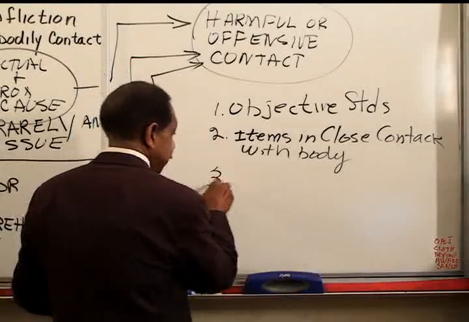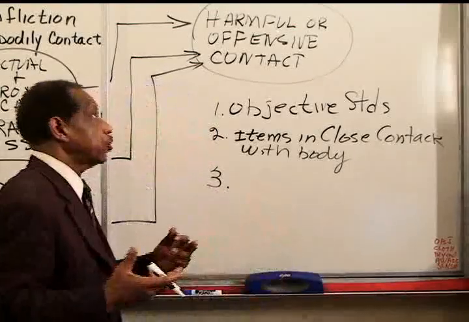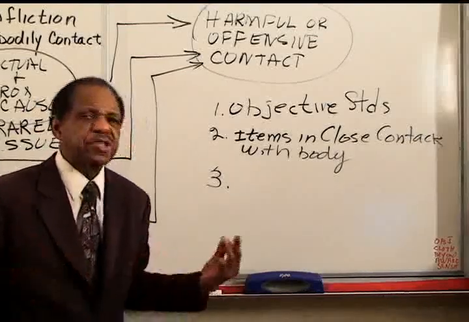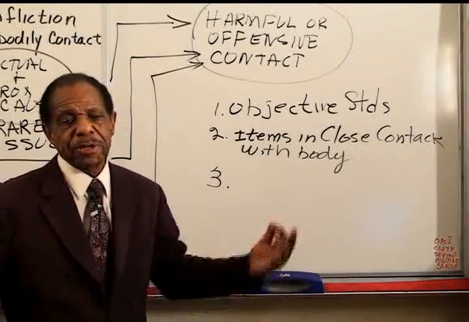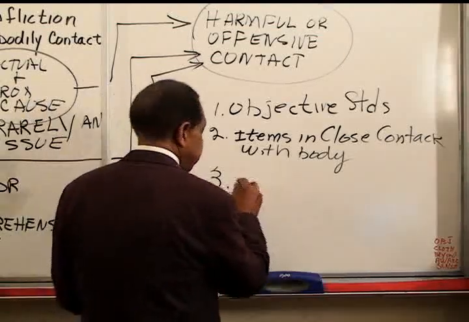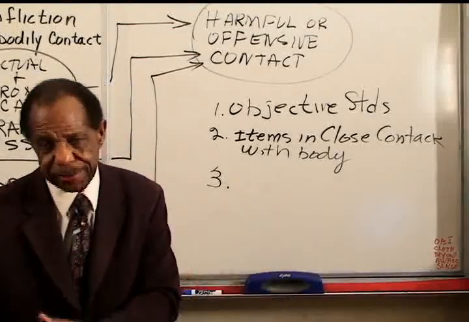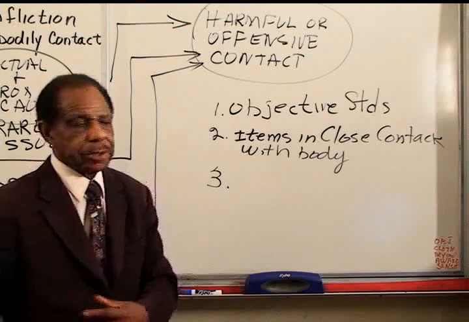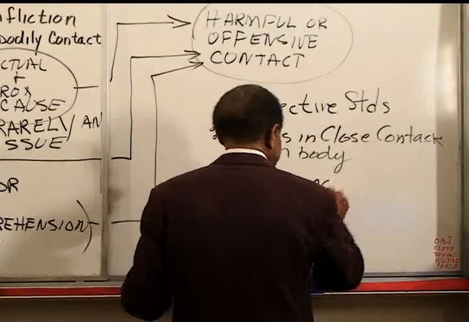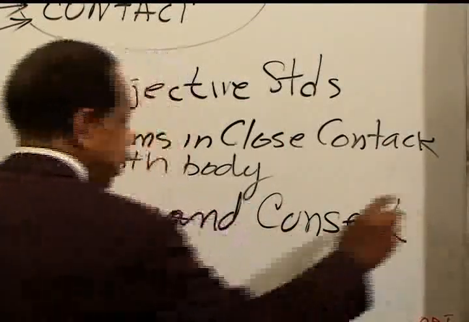Thirdly, a person can give consent to some touching that would otherwise be harmful or offensive. You see that in sports, where a person says, okay, we're going to play football, I consent to a certain amount of the touching. But in that case, it is the harmful or offensive touching beyond the consent that constitutes the tort. So here for the note, I'm just going to put, beyond the consent. This comes up in these sports cases.